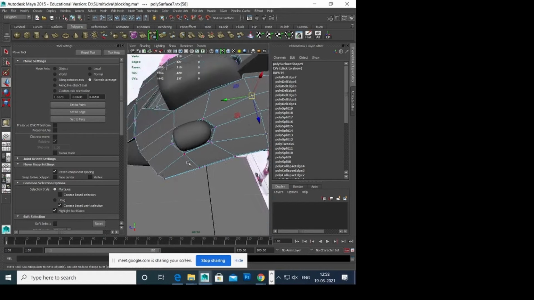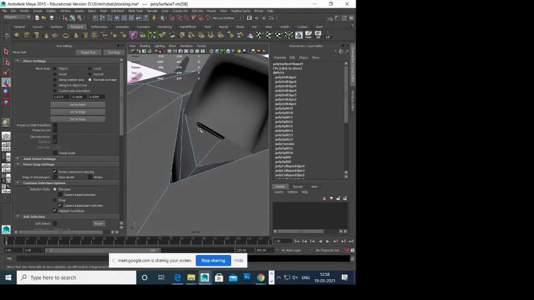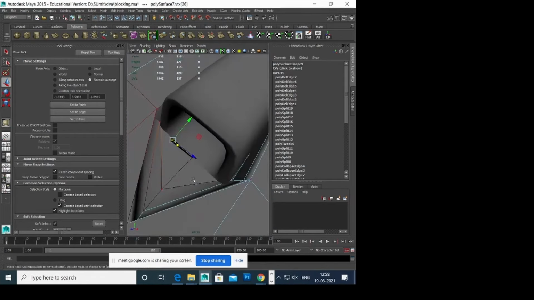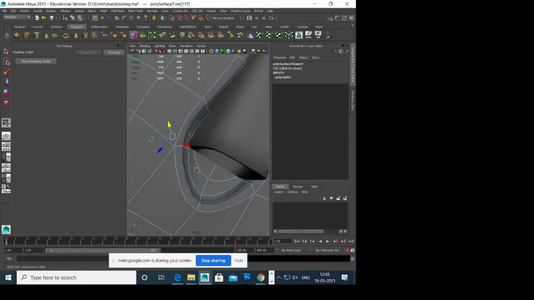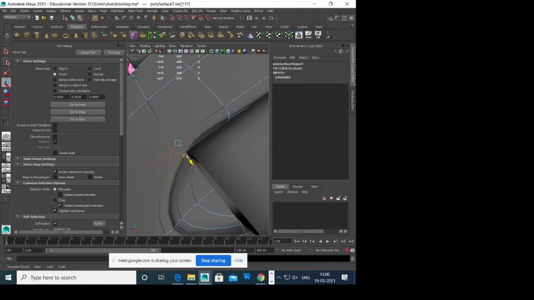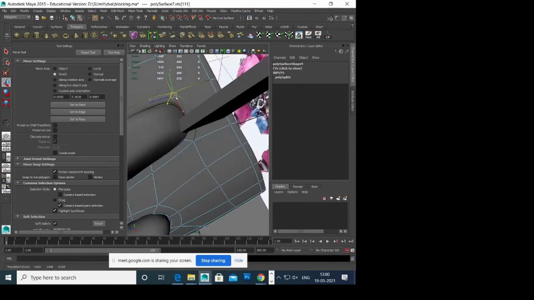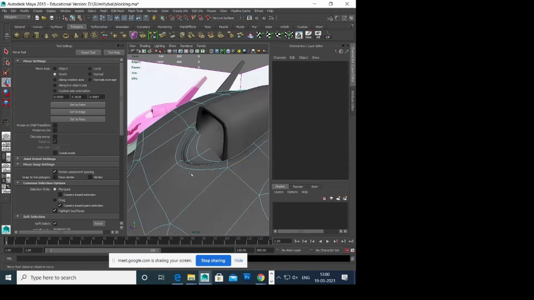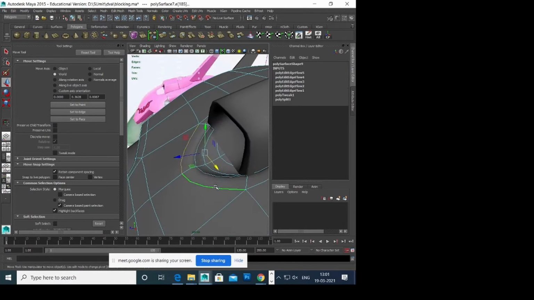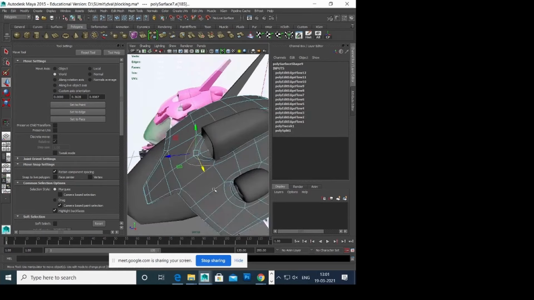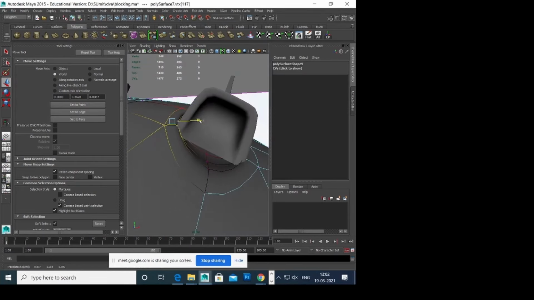Try to align all the loops and keep them as straight as possible and avoid any kind of intersection. I'm also smoothing the surface, making it a little smooth and flat.